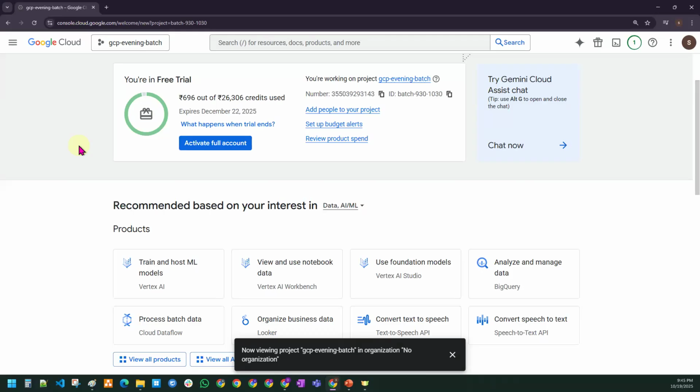If you want to create one more project, you can create one more project, and you can go and create resources in that particular project. So whenever you are using any kind of resource, the money will be debited from your free credits. The free credits offer you $300, nothing but 26,000 rupees. Out of that, whenever you are using any kind of resource, the money will be burnt from it.